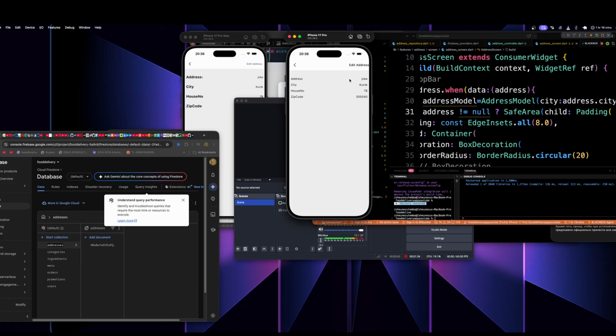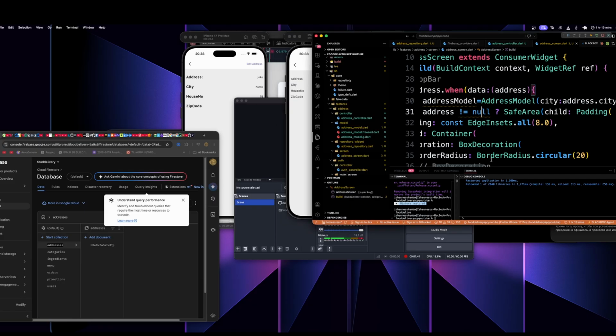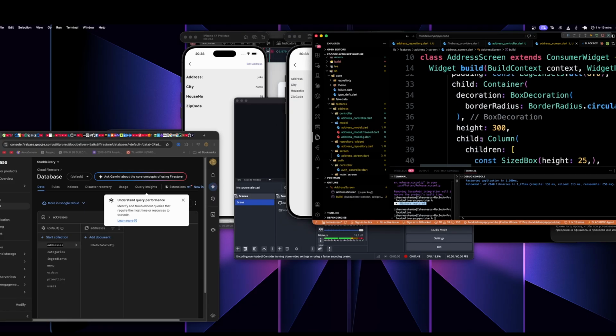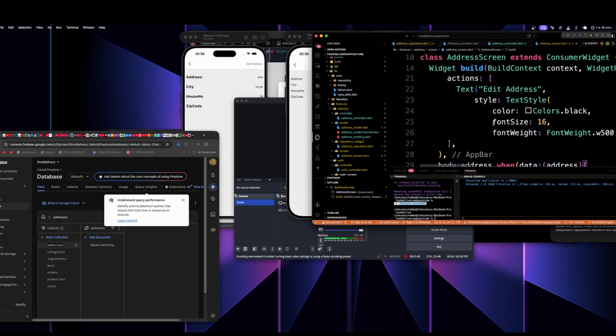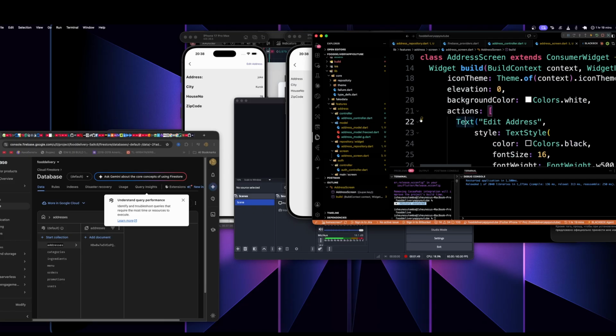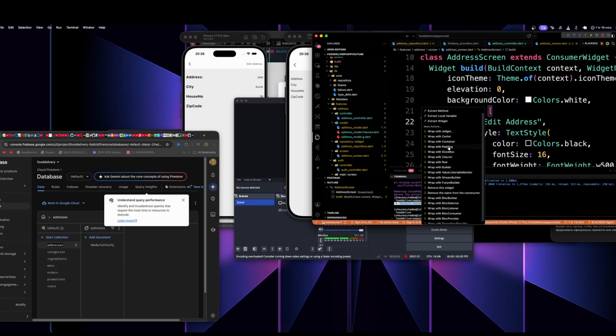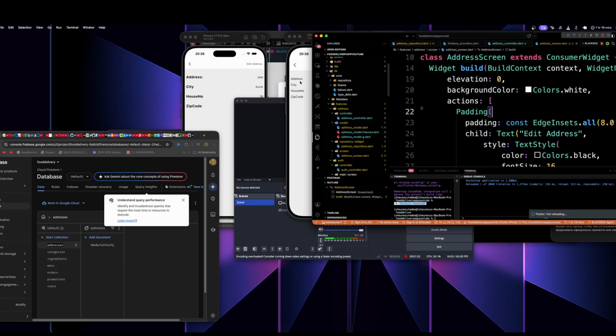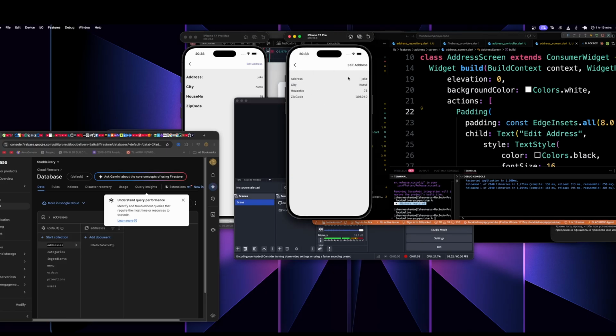All right, so let's do the same thing for our edit address. I don't want it to be close to the edge of this screen. So let's go inside our app bar, and then actions, and then text. Let's wrap the text also with the padding widget. Yeah, now we can see it's nicely spaced right here. All right,